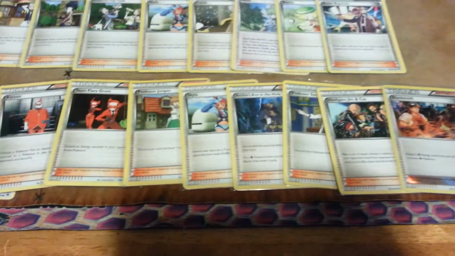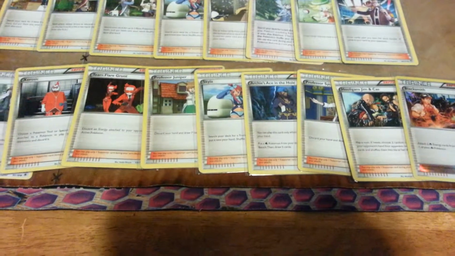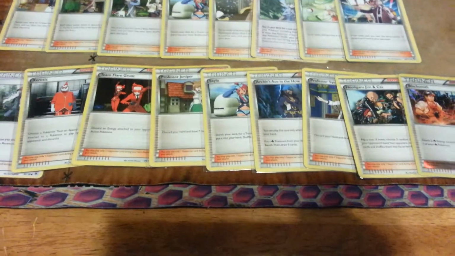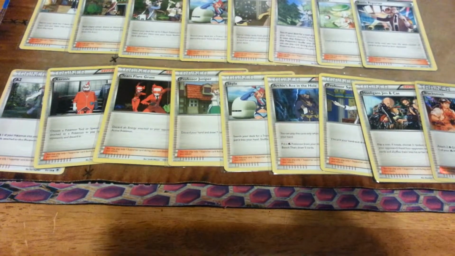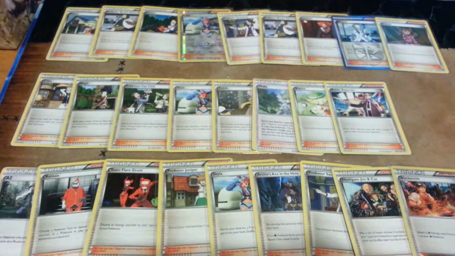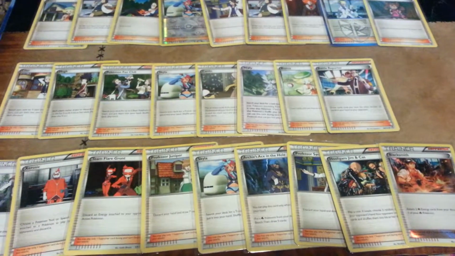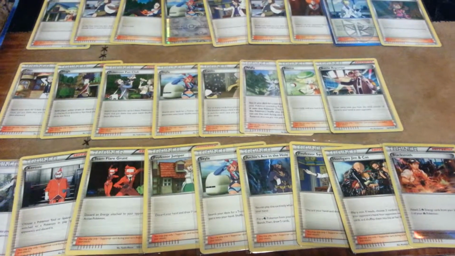Okay, so why did I put Professor Juniper and Sycamore down there? As in cards I'm not going to run at all. Generally, I only like one of the discard and draw 7 in this ever. So in 45 cards you can just deck yourself completely. You know, unless you're running